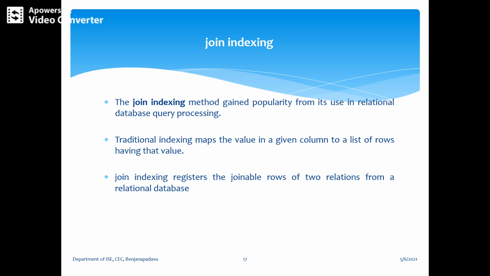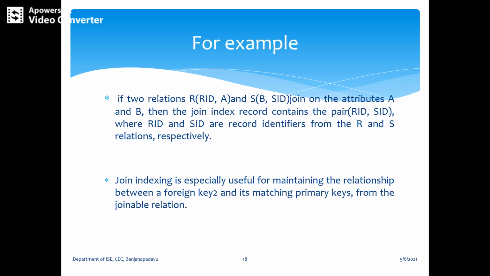In contrast, join indexing registers the joinable rows of two relations from a relational database. For example, if two relations R(RID, A) and S(B, SID) join on the attributes A and B,